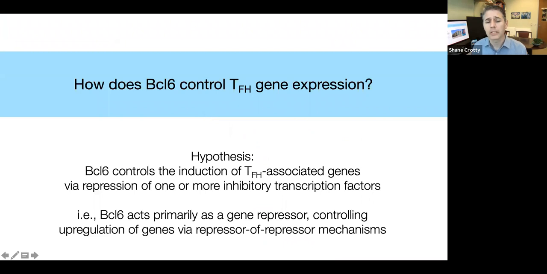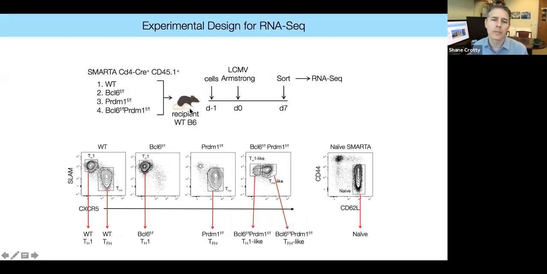And so how do we test this idea of, is Bcl-6 primarily acting as a repressor of repressors? That's a general challenge in transcription factor biology and in immunology, understanding the functions of repressors, because you're basically a step away from the upregulated genes. And so the way we went about doing this was to say, well, we know Bcl-6